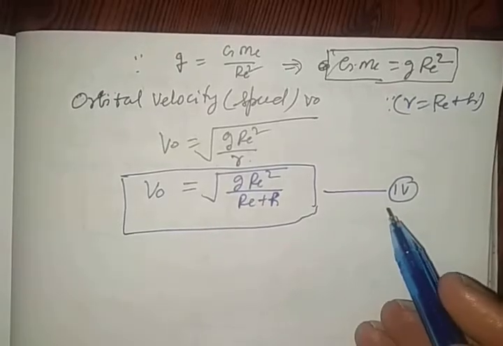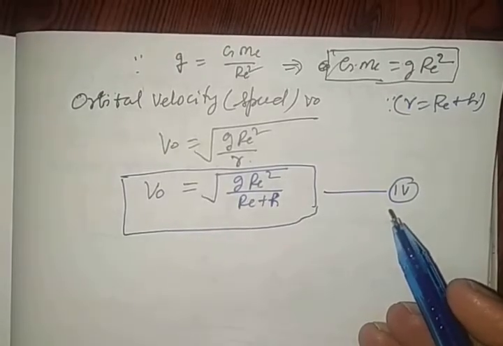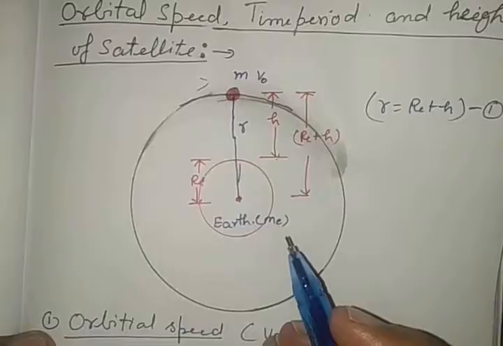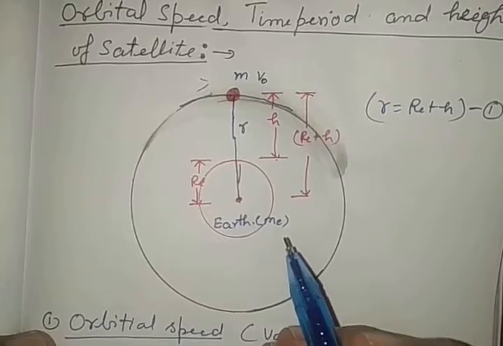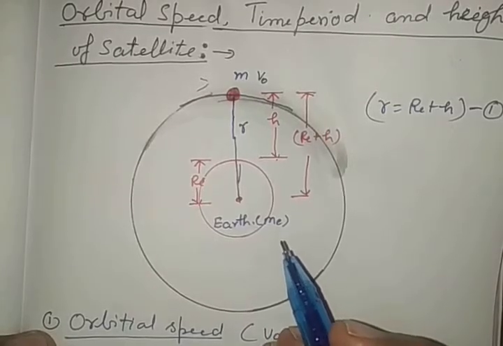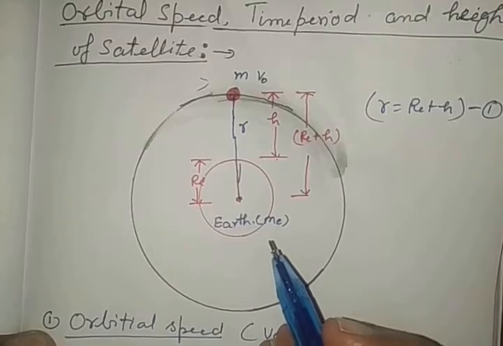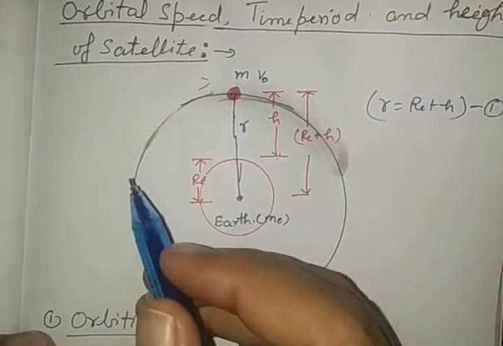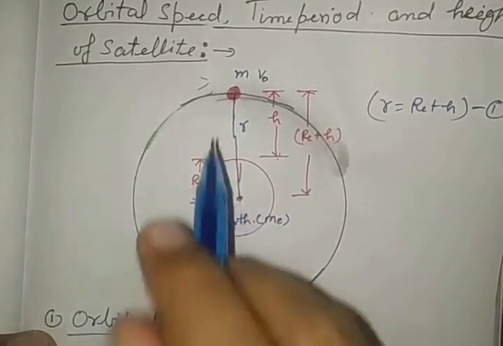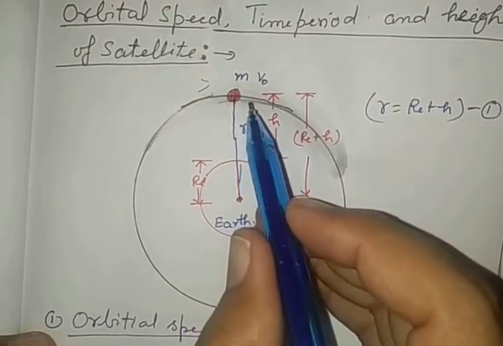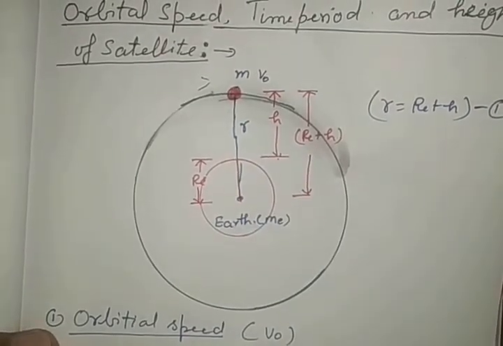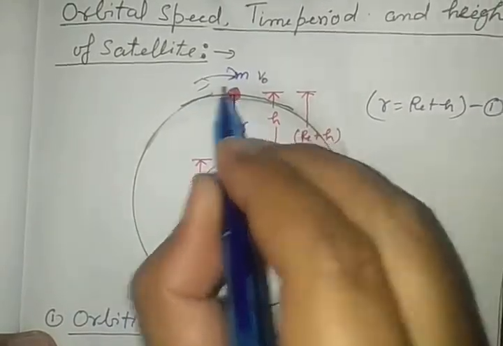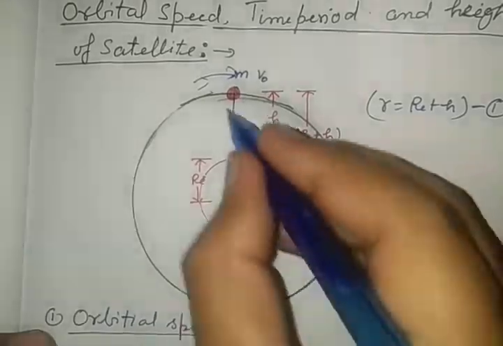So we have two formulas to explain the orbital speed of a satellite. Velocity is a vector quantity whose magnitude can be obtained by equations 3 and 4, and then the direction. For the direction of the satellite, see here, if it revolves in a clockwise direction, at this instant, draw the tangent here.